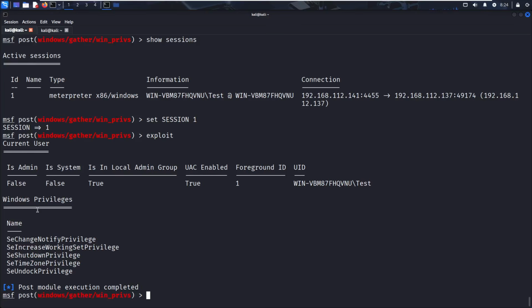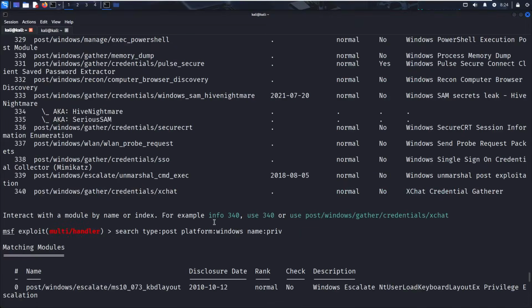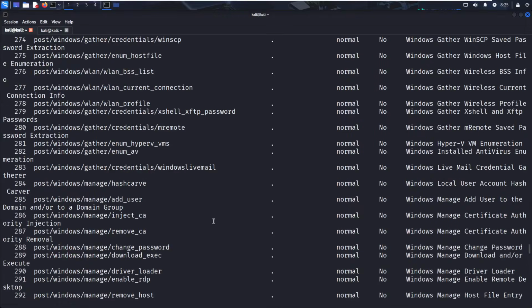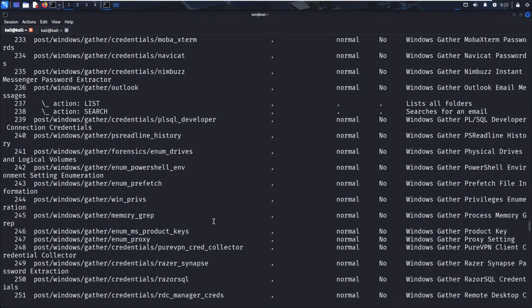See, Windows privileges. Here we have set change notify privileges there, SE shutdown privileges there, undock privileges. By taking this one, the advantage of this, guys, is we can perform privilege escalation there. See, UAC enabled, yes, true, it's enabled, right? And also we have a complete